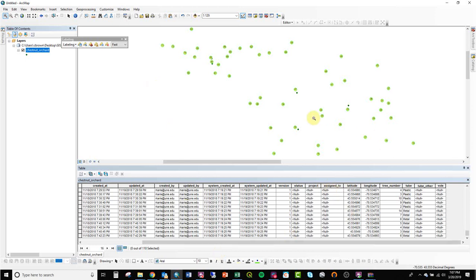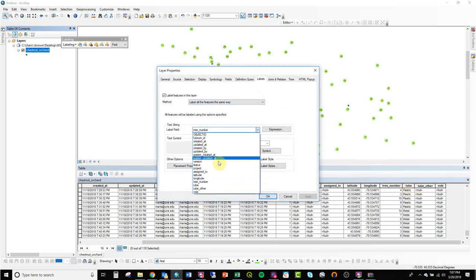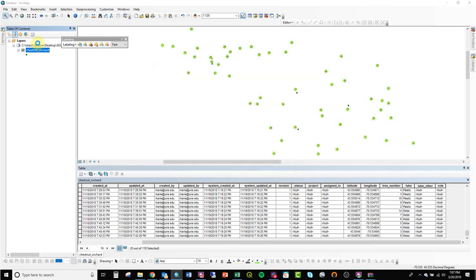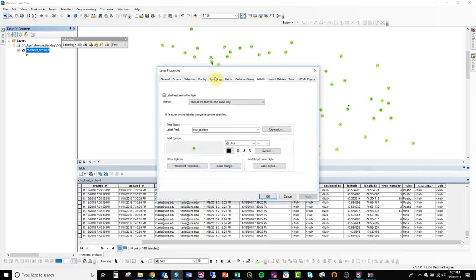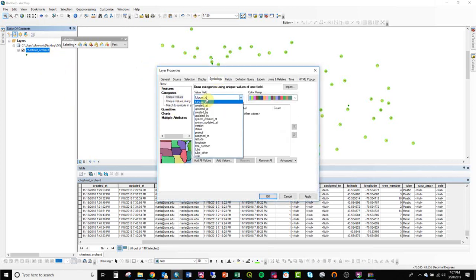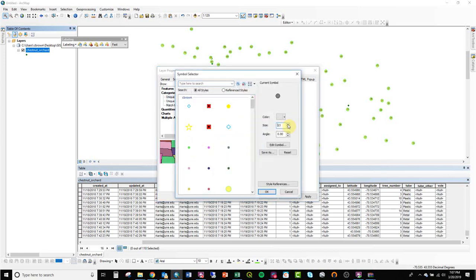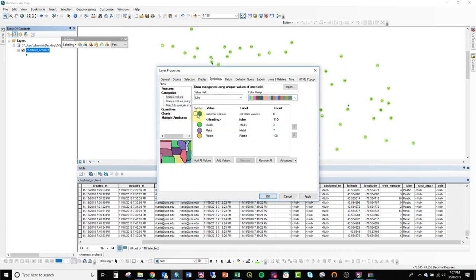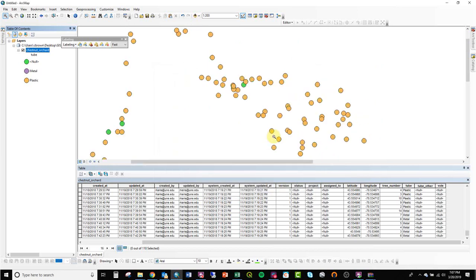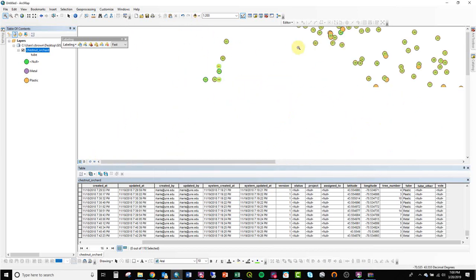But you could also, of course, color this by the tube. Whoops, I didn't mean to do that. I meant to do symbology. Categories, tube, and then I make this a little bit bigger so it shows up behind the ball. And now you can see which ones are the different types, and you can see the number. So anyway,